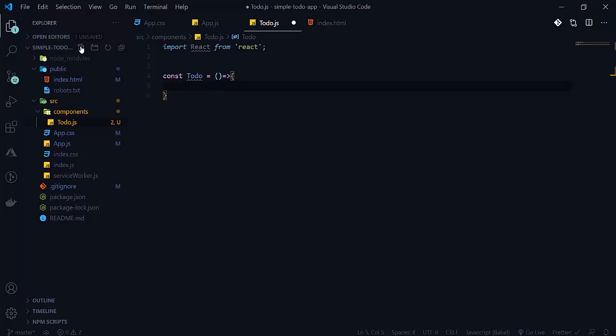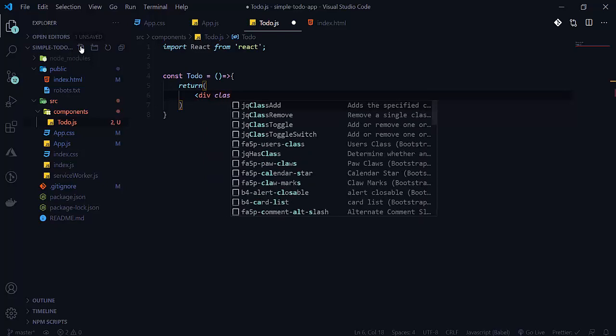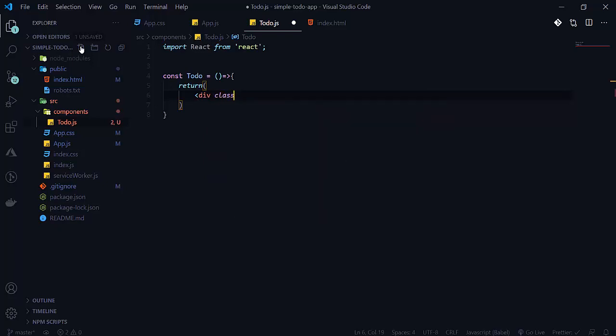So arrow function here, as it is a function, it will return a division. So here class name will be, let's take it as col-md-5, or you can say col-md-6 here.